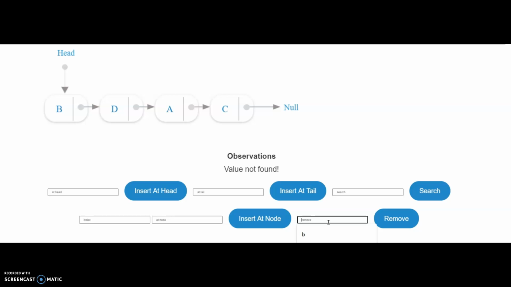For example, I need to remove the element A, so I give the element name and press remove. It navigates through each node and identifies the particular node to be deleted, and the next node of the deleted node is assigned to the previous node. So now we got a new linked list.